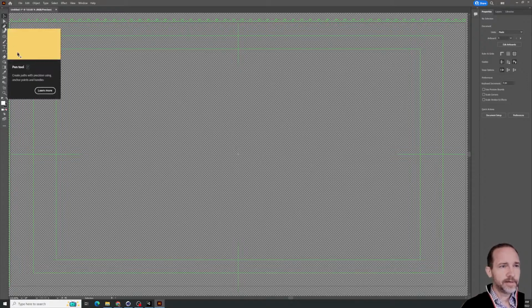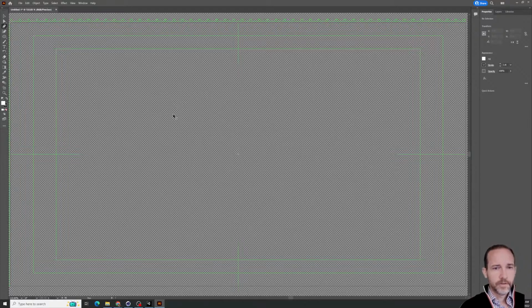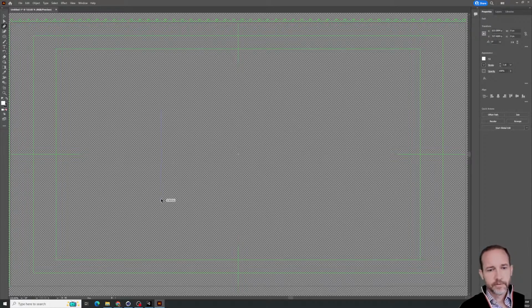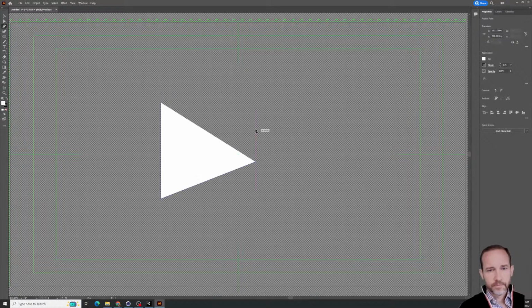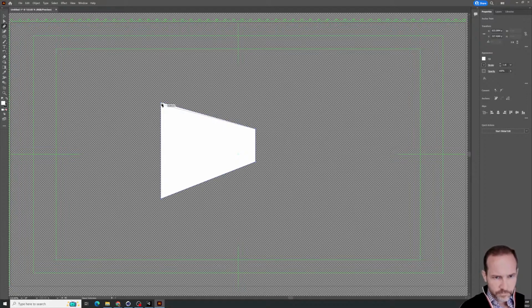And so I'm going to grab the pen tool, I guess, and make some sort of trapezoidal shape. Something like this, that would be a bit irregular. And come back to the anchor point tool, A. You can grab the corners of these things to round the anchor points. Got to make sure I have all of them. And then if I press A for anchor point,